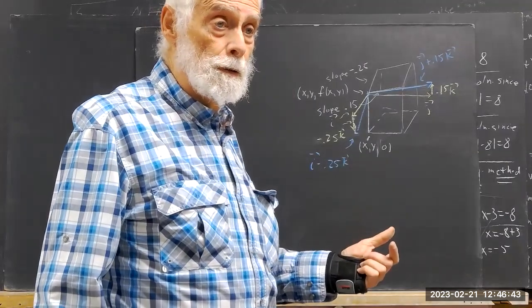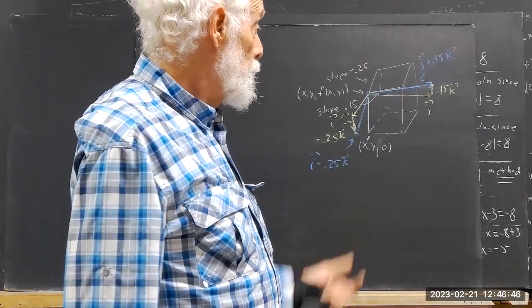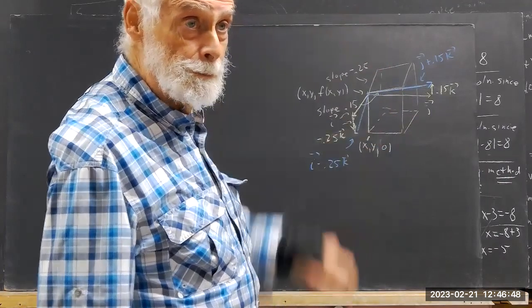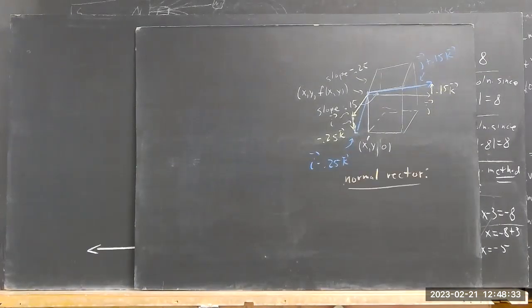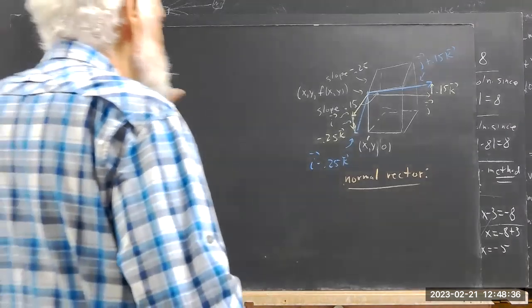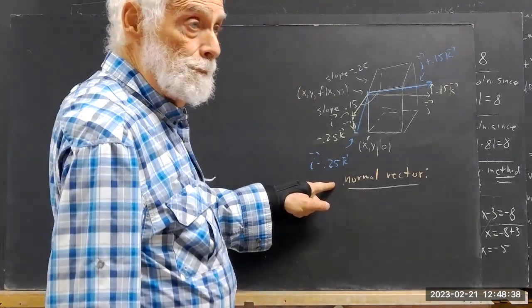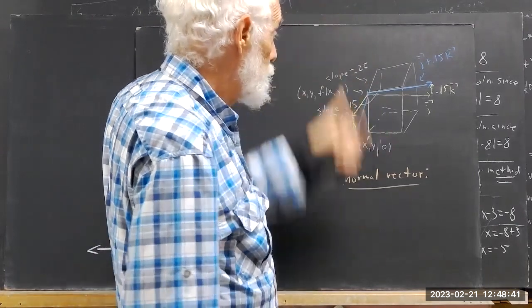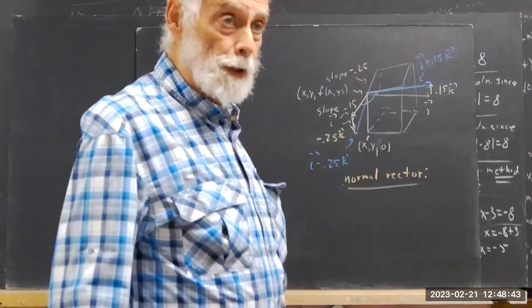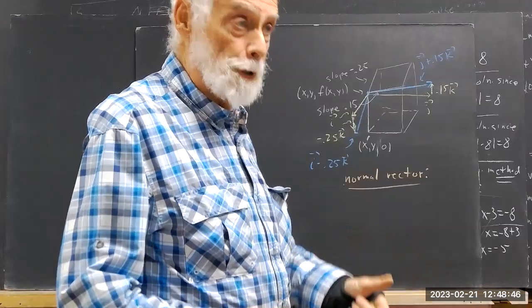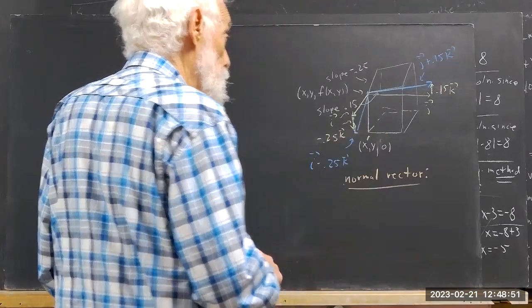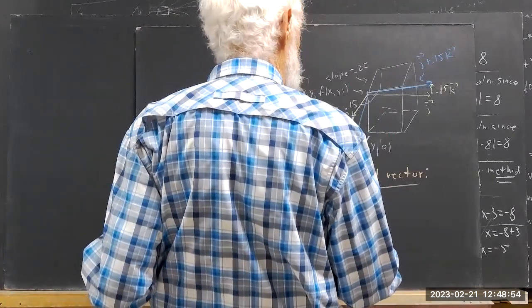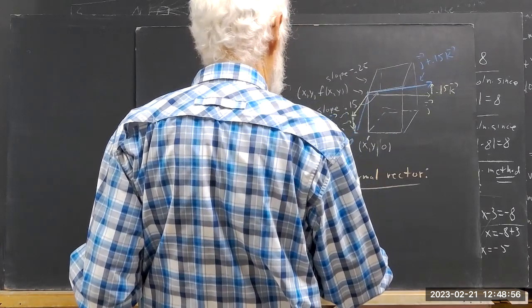So give me a vector normal to this plane, perpendicular to the plane. So the normal vector is going to be the vector perpendicular to the plane. You got two vectors in the plane, they aren't parallel, so you can do the cross product, and you're going to get a vector that's perpendicular to the plane. And everybody pretty much knew that. Everybody did know that. Okay, so the normal vector is going to be